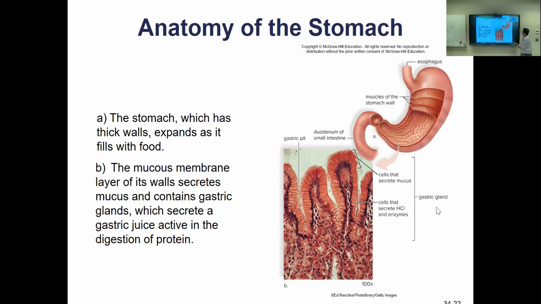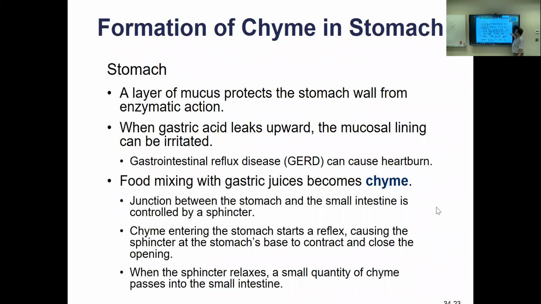Okay, here's our stomach. Let's look at that mucosa. Here are the rugae, the little folds, and this is the epithelium, simple columnar. And look, down in these little folds, these gastric pits, we have cells making hydrochloric acid and pepsinogen, and we begin protein digestion here. It also talks about gastroesophageal reflux disease. Anybody heard of this before? GERD? This is where you basically throw some of your stomach contents back up into your esophagus and it burns it, and you have heartburn, and you think you have a heart attack. But it's actually this acid burning your esophagus, okay? And there are still a lot of issues on how to fix that, like some drugs that we could use.